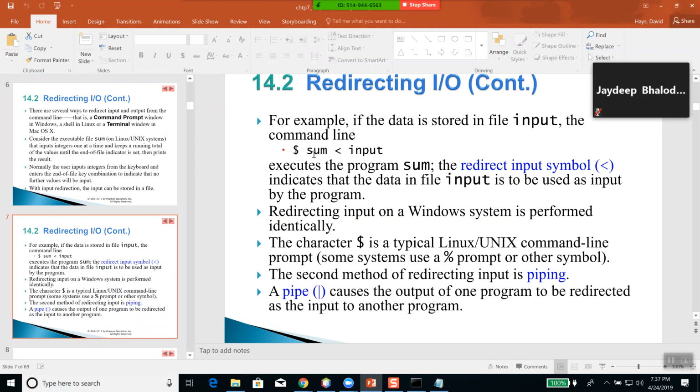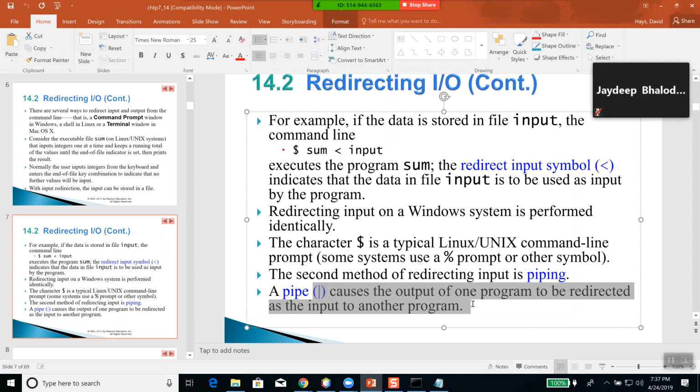And here's the example I gave where you got the sum/input. That's where you bring the input in, and it comes in there just the same as if you were typing in the numbers at the command line. Now in Linux, a pipe symbol redirects, so it causes the output of one program to be redirected as input to another program. It's not like what I was showing in the batch file. You can redirect that into more, you can redirect it into cat, a lot of different options there. You can still do the greater than, but